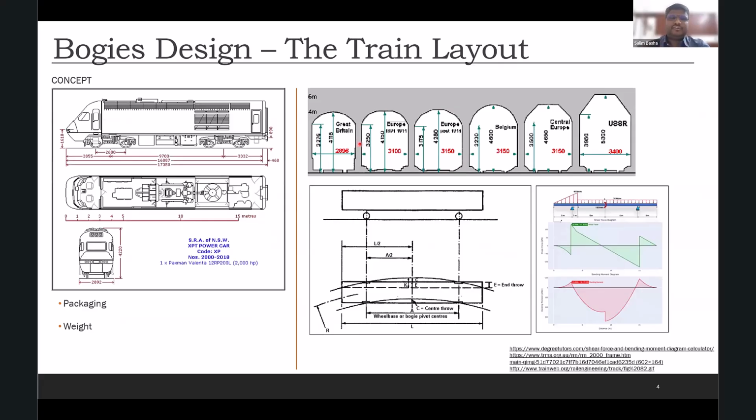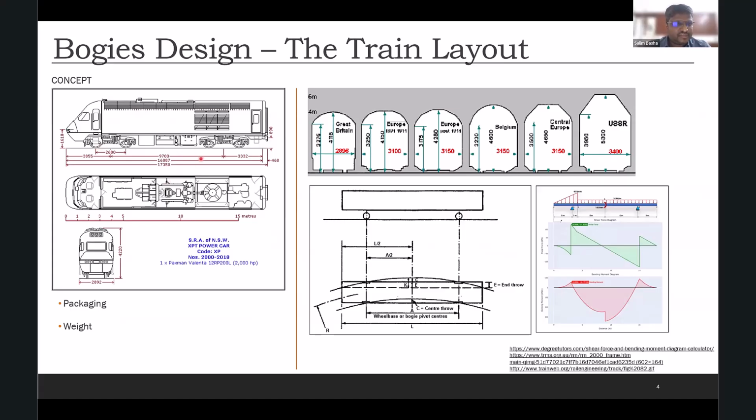And now, before going too much into the bogie, I just want to get started with how we basically lay out the train. Now that we know what our customer wants, we first try to make a concept out of what is needed. Like, okay, they need a locomotive. What engine do we have? We have to put this engine there. So basically we try to locate all the apparatus into the locomotive and make a very preliminary layout of the locomotive,